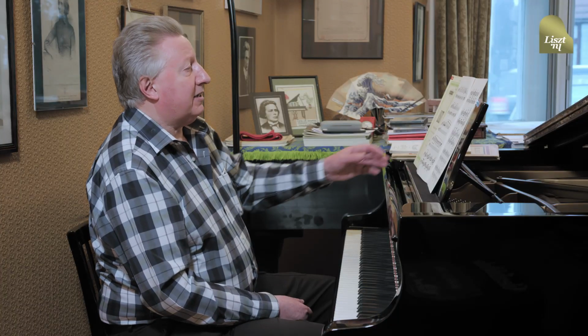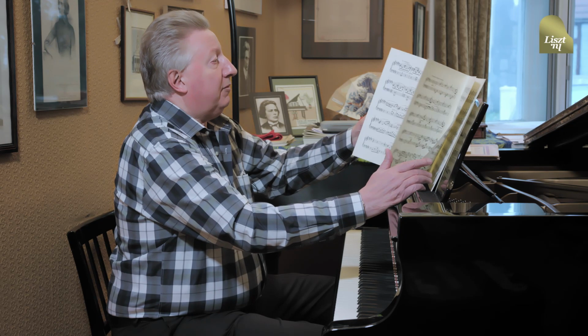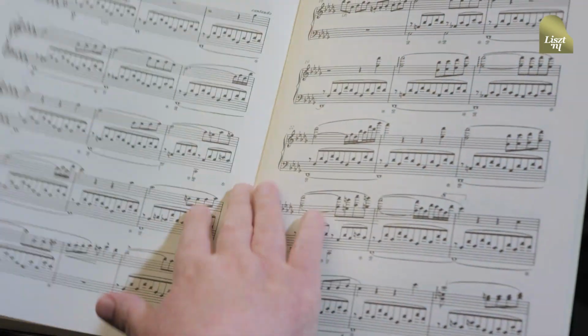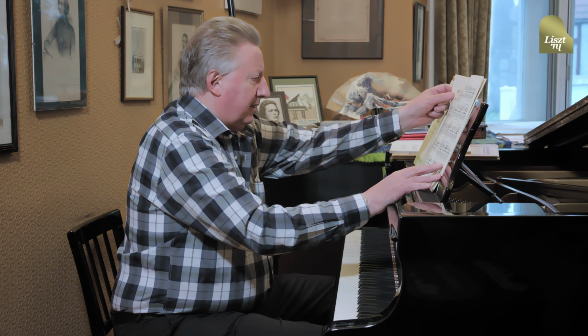Now I've left until last number 3, because number 3 is the one that everybody wants to play, and it's the one that presents on the face of it a number of difficulties, mostly to do with the pedal. In his last years, Liszt wrote,